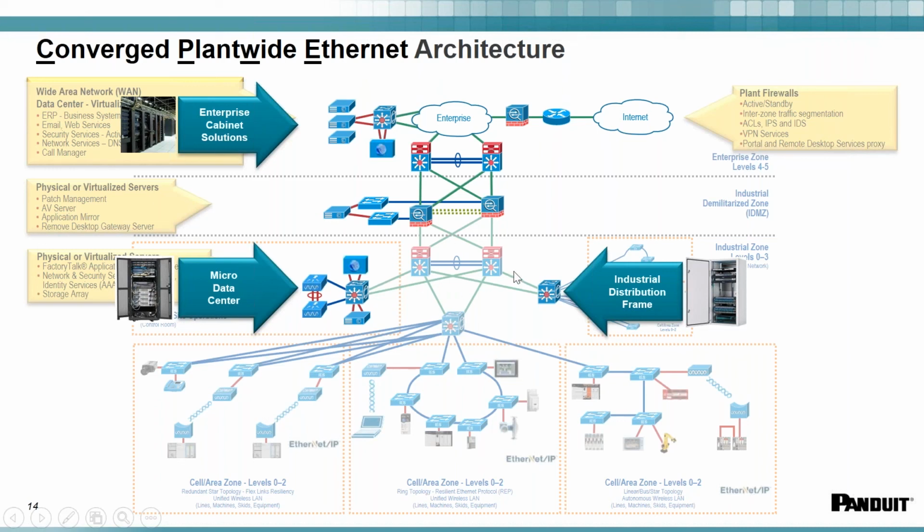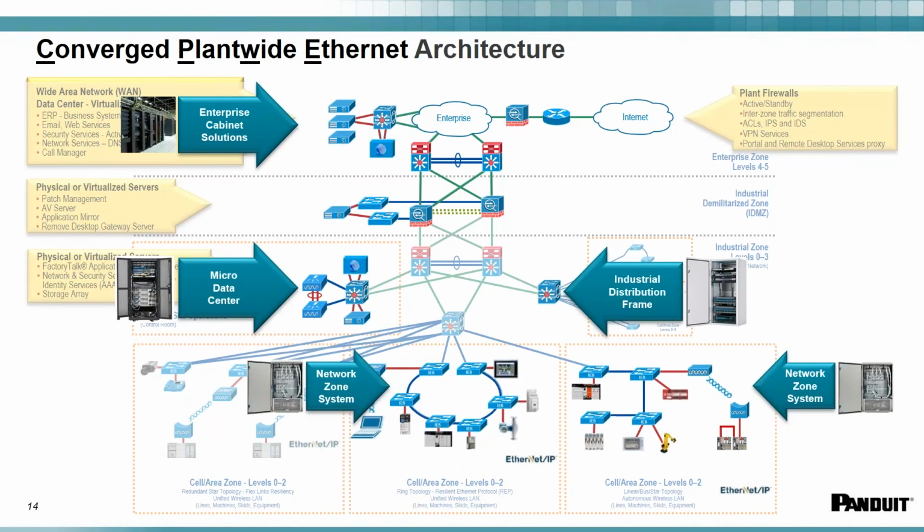But at this level, we're only talking logical. We're only saying this is what you're going to need. We're not telling you how long the run is, what type of termination, none of this, just logically how it's running. And at the control level, when you get to the automation, you will find different things also. So you find network zones within the architecture, you find control system cabinets, and so forth. And those are where a lot of the communication network terminates at the edge layers.